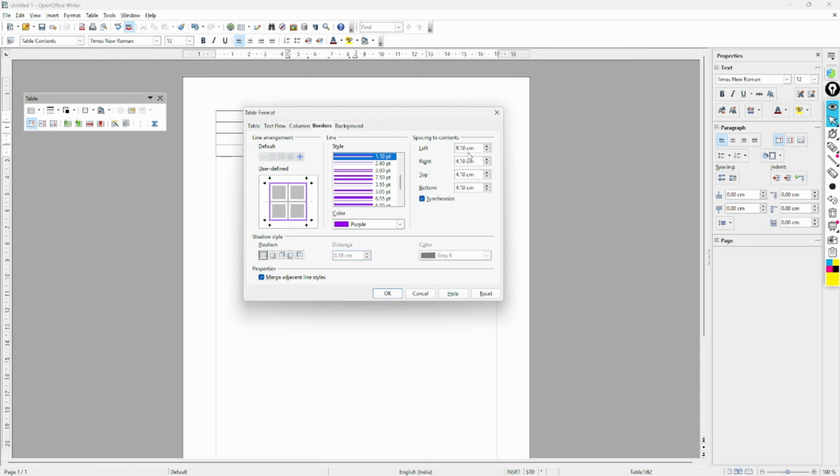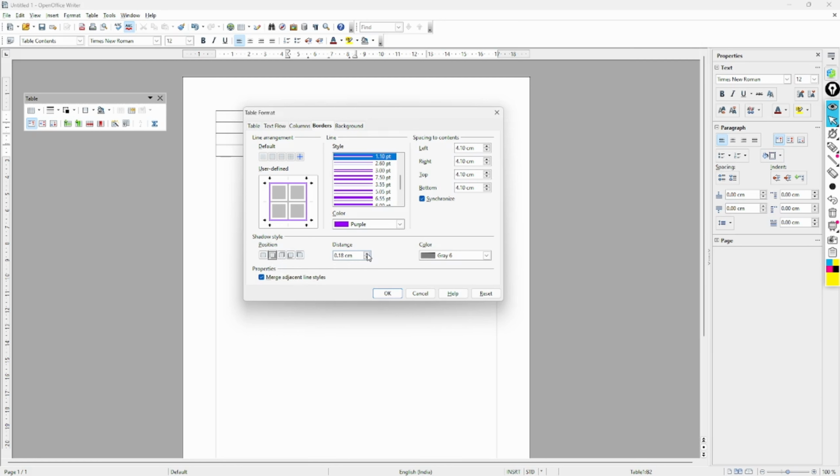In your syllabus only this much is there, but for your advanced knowledge I am telling you shadow style. This is shadow style, means where you want the shadow. First one is no shadow. Here the shadow is cast to the bottom right, like this. On the right side of that cell the shadow will be upper. This one is top right, this one is bottom left, and this one is shadow to the left. We will select the right one.